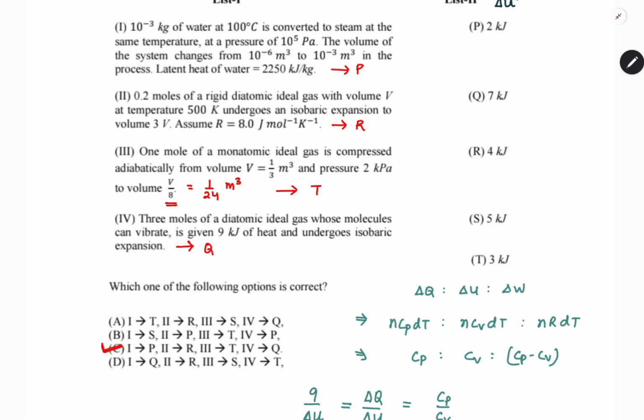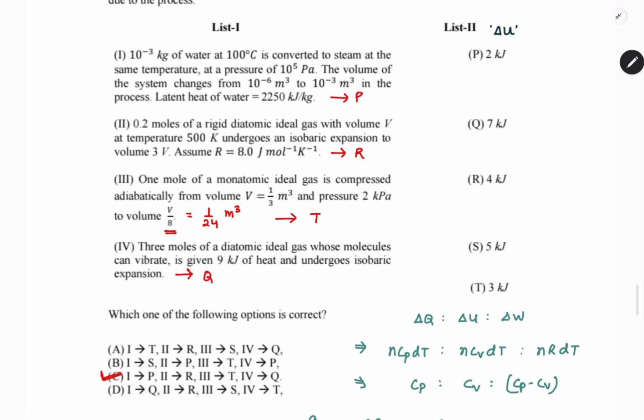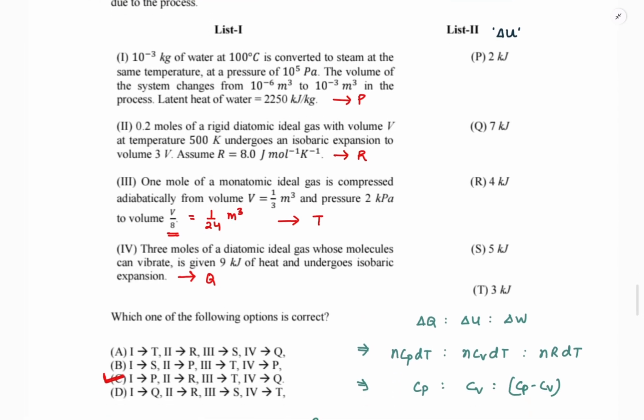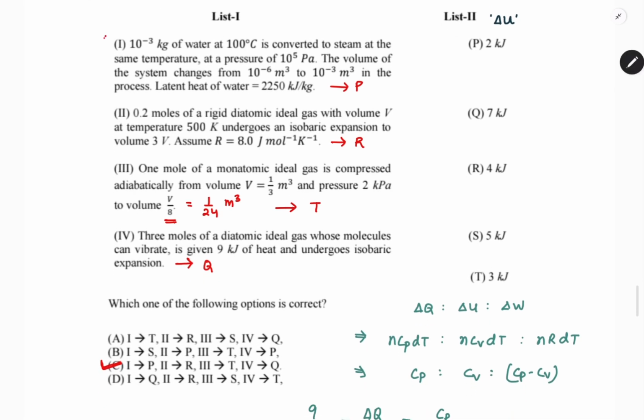So we have revised all the concepts of thermodynamics using this particular match the column. And as I mentioned, just by solving the first part, we were confident with the answer that only option C is matching with the part. But we continued solving it for the sake of revision. Otherwise, if you are in the exam hall, obviously we will just solve the first part, and once we are confident with the answer, we will take it.